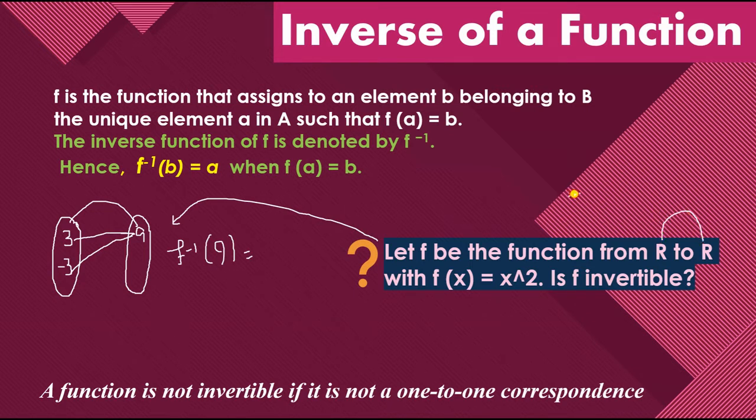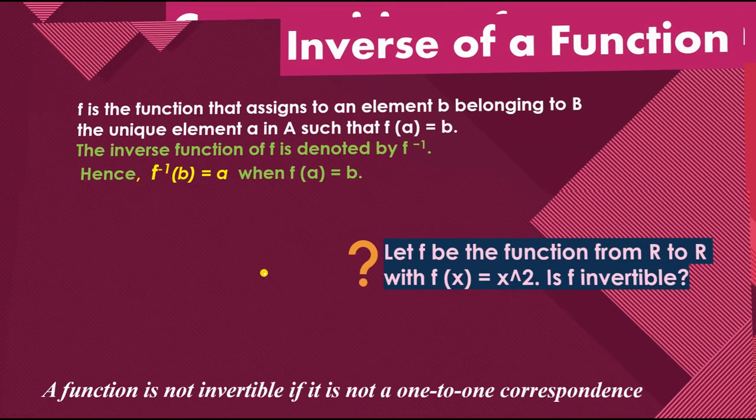Okay, अगर मैं कहूँ that this function is not from real numbers to real numbers, rather it is from the positive real numbers to the positive real numbers, उस केस में क्या ये फंक्शन 1 to 1 है? तो yes, ये फंक्शन 1 to 1 होगा. तो फिर क्या इस फंक्शन का इन्वर्स exist कर सकता है? तो yes, कर सकता है. अगर हम लोग positive numbers to positive numbers लें, फिर हम लोग f inverse of 9 को लिख सकते हैं as 3 only. So it is very important for the function to be 1 to 1 if you want to find the inverse of it.